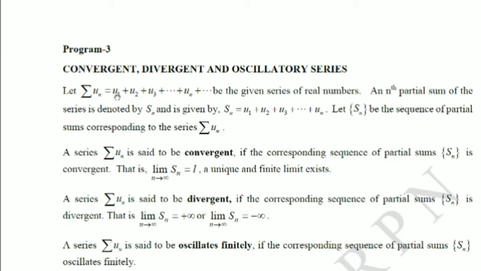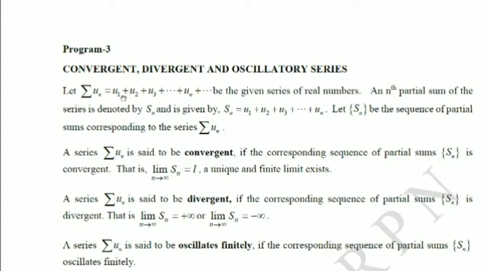If you write these terms as u1, u2, etc., these are the terms of the sequence, then if you add them, that gives you the sum of the terms, and this becomes a series. In fact, this is an infinite series, and these are all real numbers. So this is a series of real numbers.